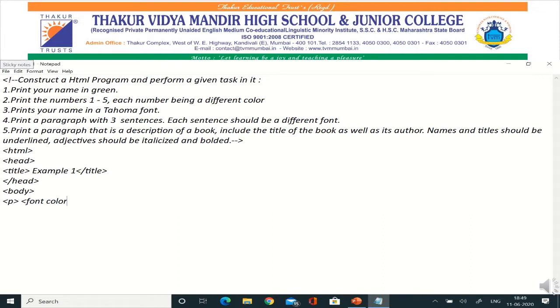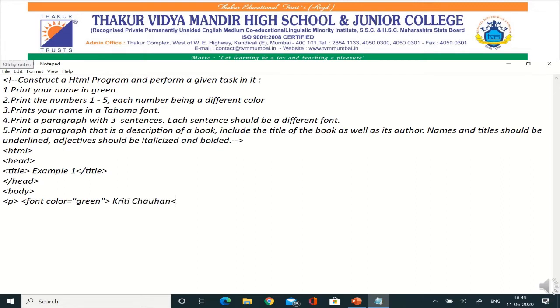This entire HTML program was designed by the Americans, so it is COLOR, equal. Now every attribute comes in a couple: one is the name and second is the value of the attribute. So color equal. Now which value am I going to give here? Green. Now after doing this, we have to write the text.